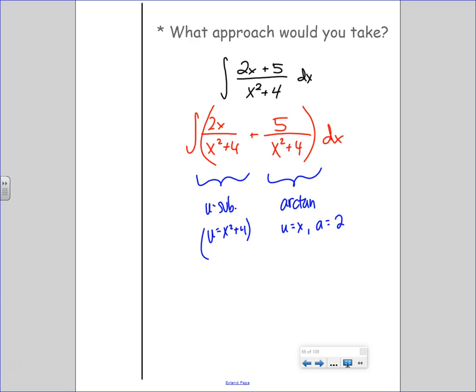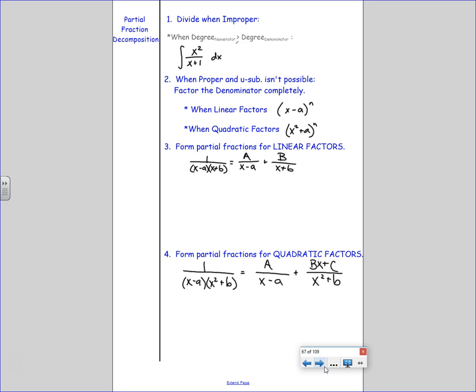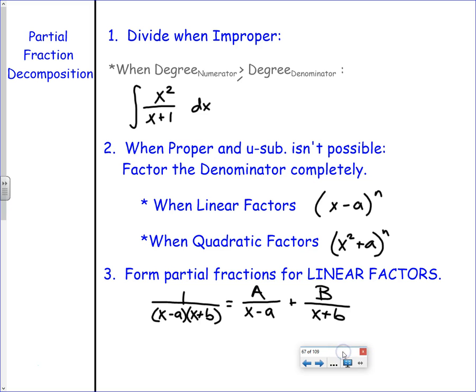But what if arctan doesn't work? What if u sub doesn't work? Ugh. Partial fraction decomposition. At the very, very beginning, Katrina, this one's for you. Oh, now you divide. Before you ever think about arctan or u sub